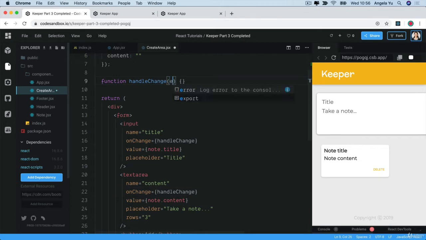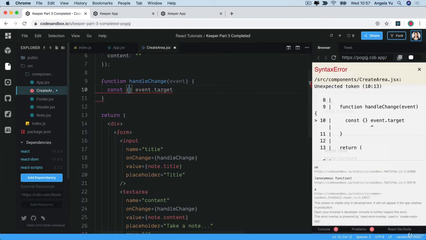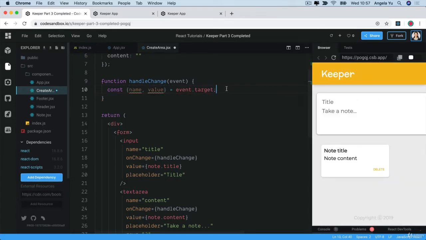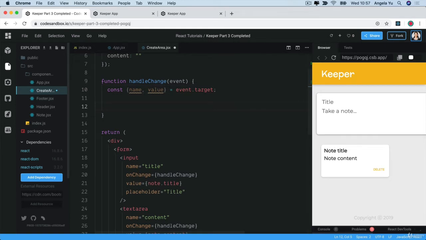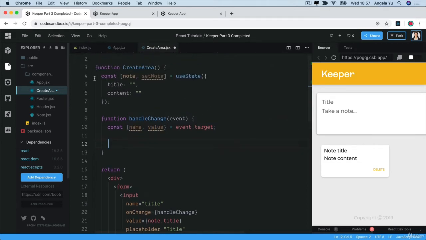Now, handleChange is going to receive an event when it gets triggered. And in this case, we're going to destructure the event so that we get hold of the event.target.name and .value. So we're going to create a new destructured object using the const keyword. And this destructured object is going to tap into the event.target.name and event.target.value, like so. So now we can use this name and value as separate constants,